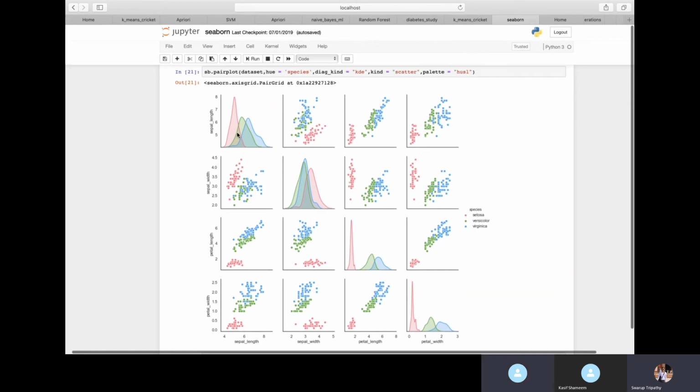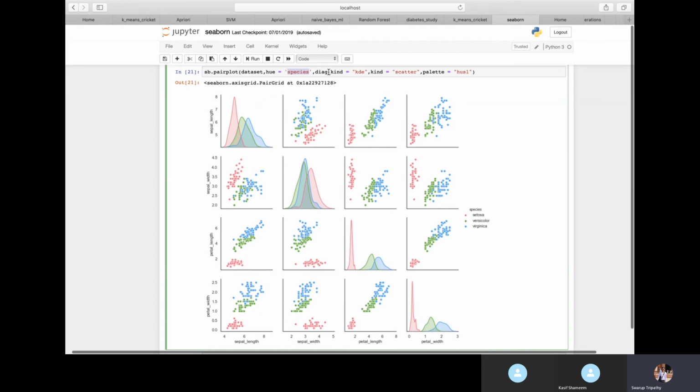Okay, so here, see what we are writing: data set, then hue. Hue is nothing but group by. It just adds different colors on species. Species is our target, that is the dependent variable. So I want to analyze based on different species how sepal length, sepal width, and all these features are contributing to different species when they are taken in pairs. So hue is group by species, and it will group all the data by species.